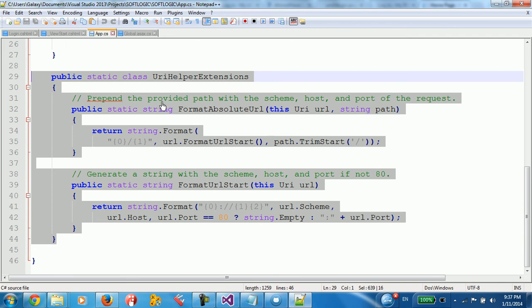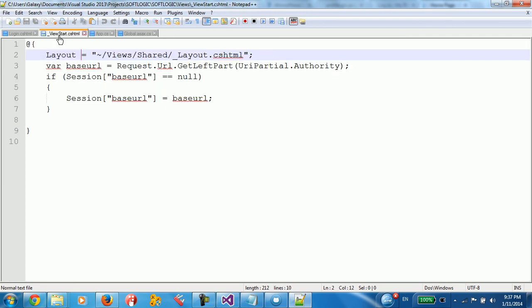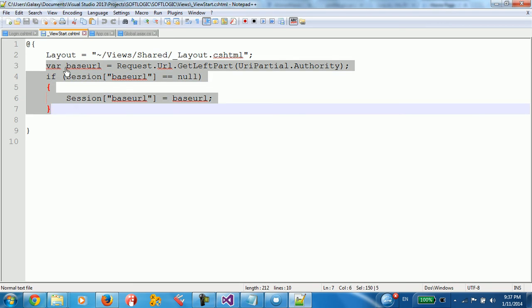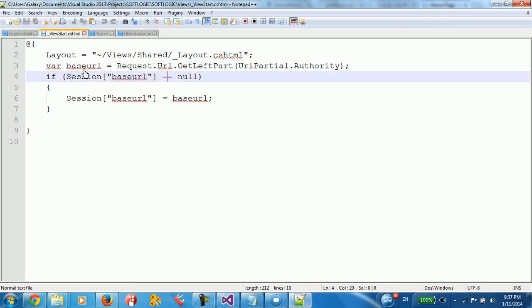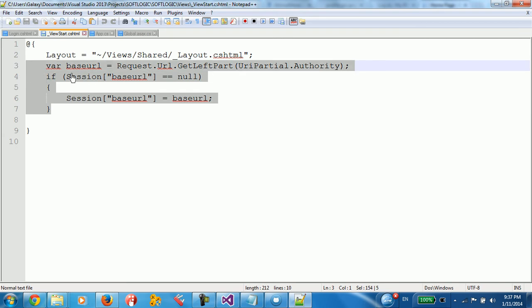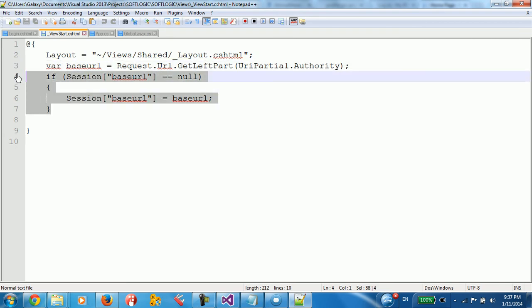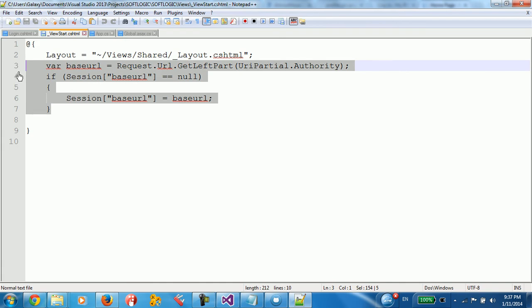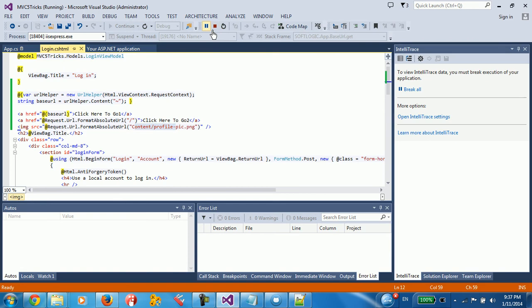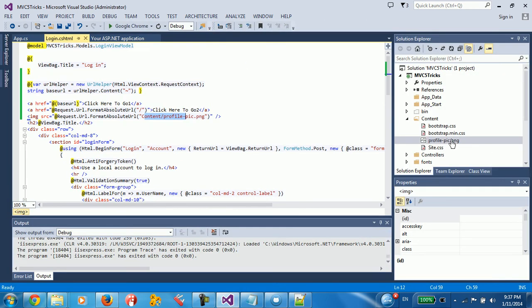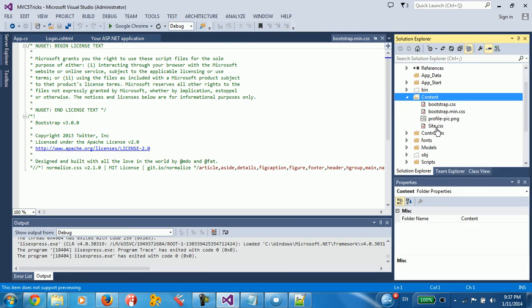So the other method, which is relying on session, works with the view start, the HTML here. So you need to include this code inside a session. You need to include the BaseUrl inside a session. Alright, because view start is shared among all the views. So I rely on this fact. So I just gotta copy the code and stop this, and go back to my